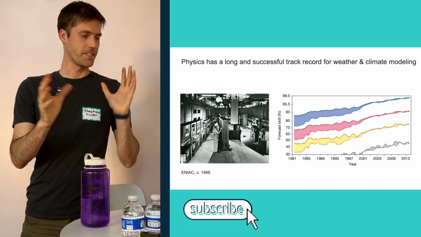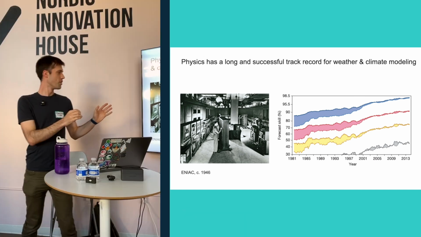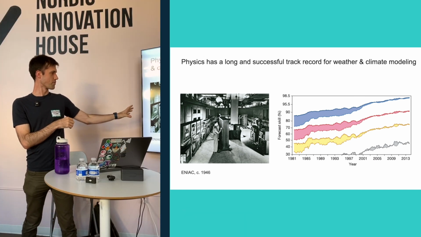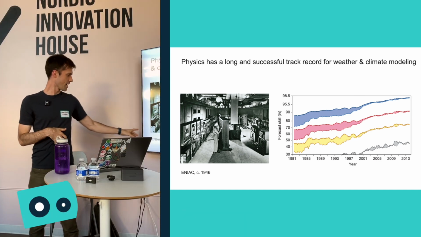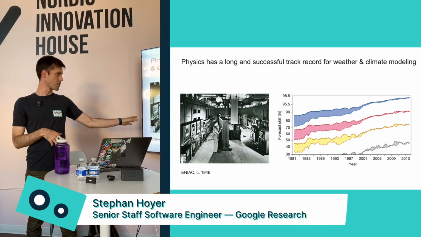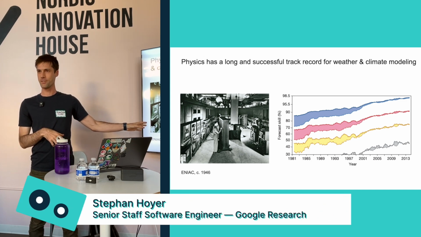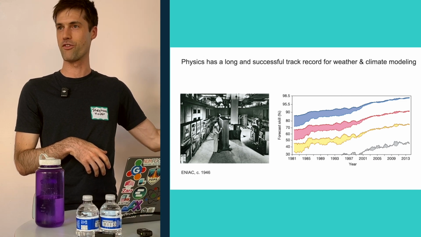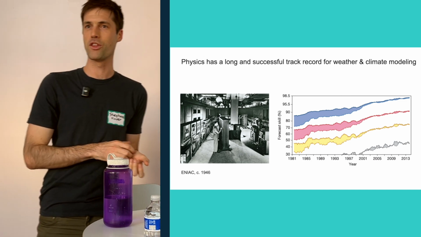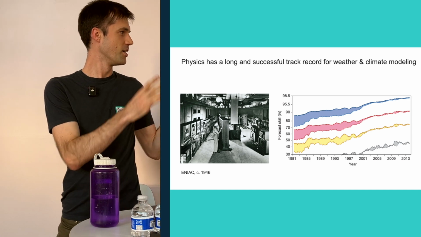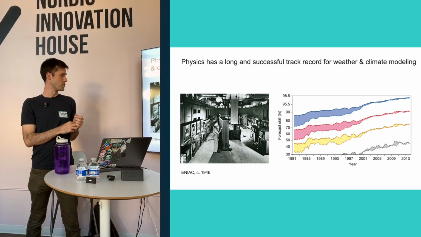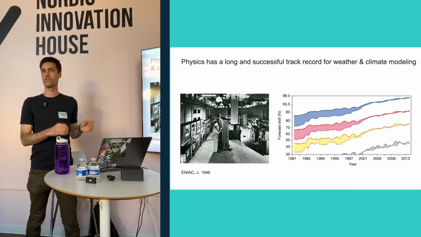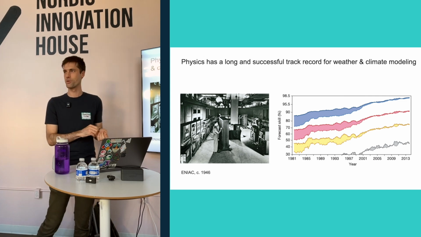First, to set the tone here, if I take a step back to the dawn of computing, this is practically the first computer. This is ENIAC from 1946. In 1946, they were using it for designing nuclear weapons. And then a few years later, they used it to run the world's first numerical weather forecasts. So weather forecasting has been one of the main uses for computing since the original uses for computers, long before we had personal computers and cell phones.